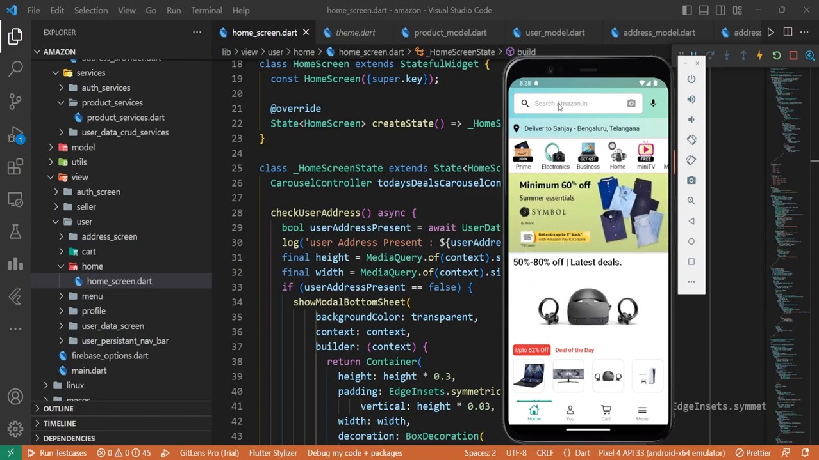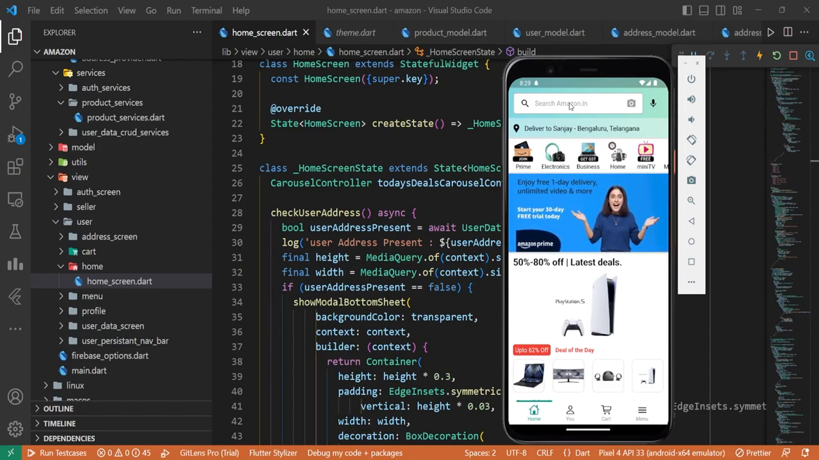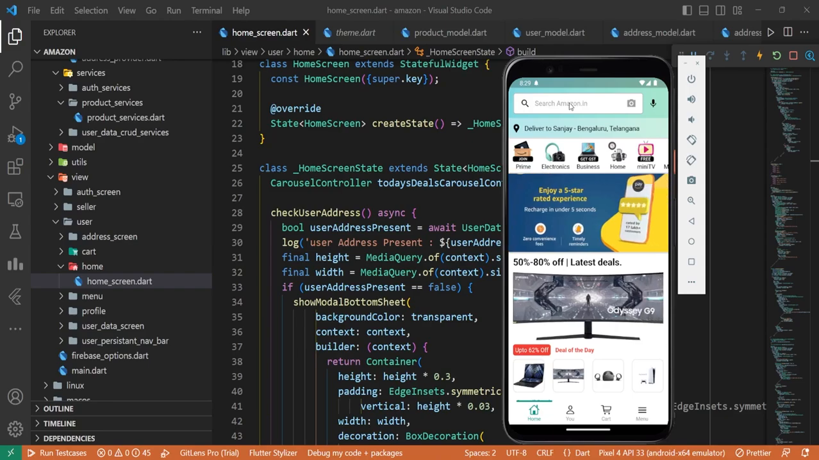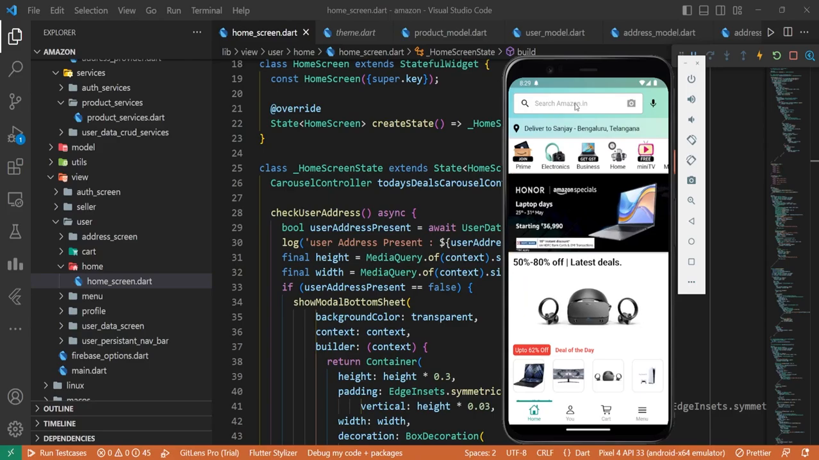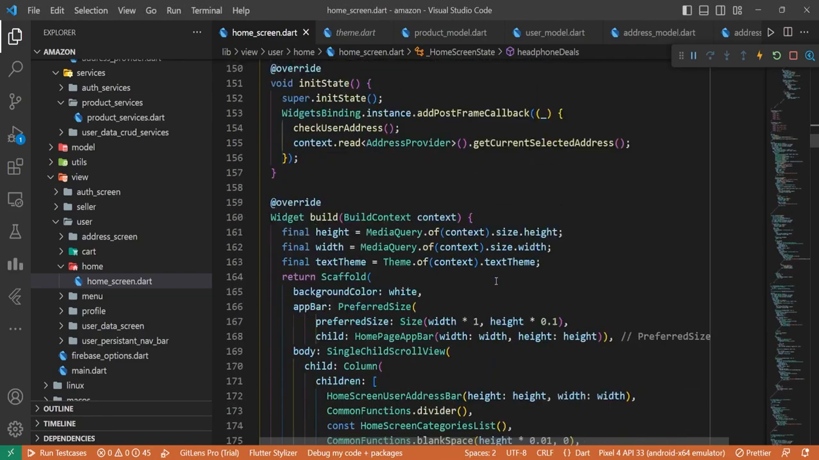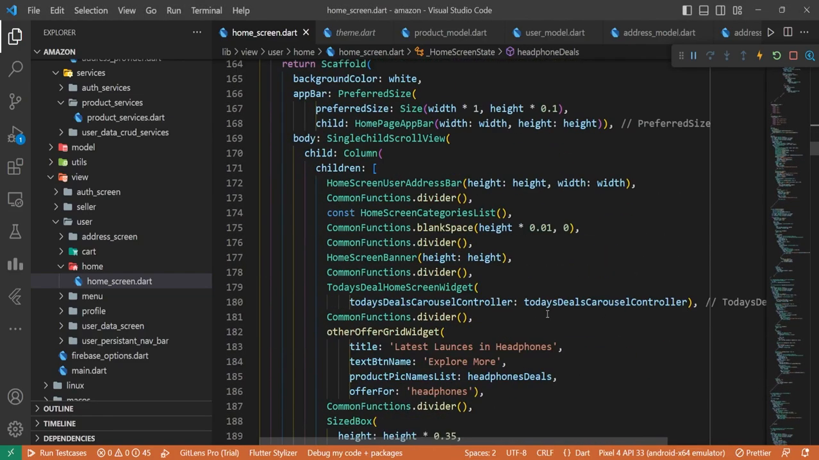It's because in the Amazon app, if you just tap here, you get redirected to another screen. You don't get anything to type here. It basically redirects you to another screen. The same logic we want to implement here. The moment a user taps here, he or she should be redirected. So let's go to the first code here, that is